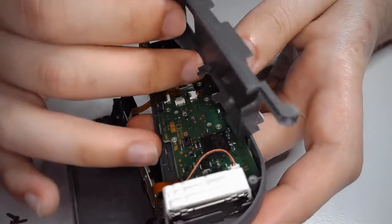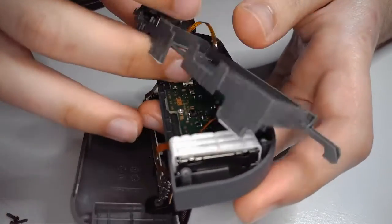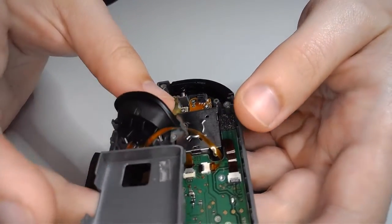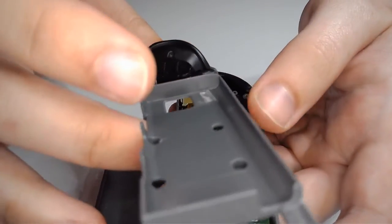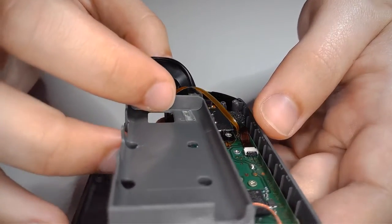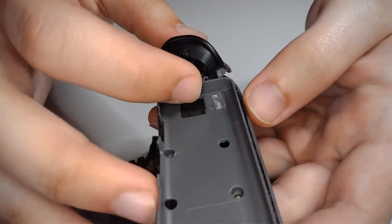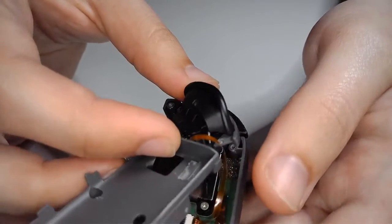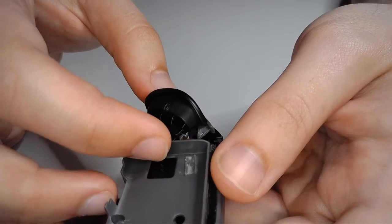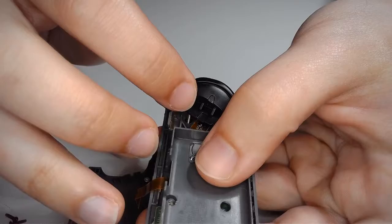You know what? I think I made a mistake. Sorry. It goes around the other side. So this ribbon cable should be on the outside edge. So you want to be careful how you flip that. It could be on the other side. Now that it's like this, it should go in relatively easy. Should go underneath, just like that. Now, if it folds a little bit, that's fine. You don't want to be doing any origami on these guys, but